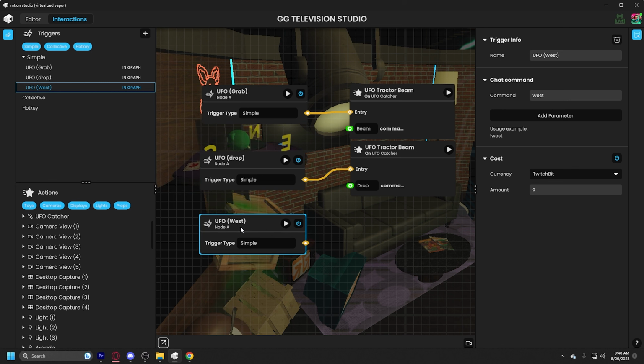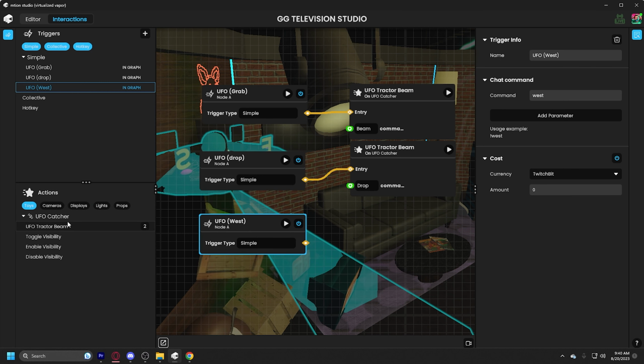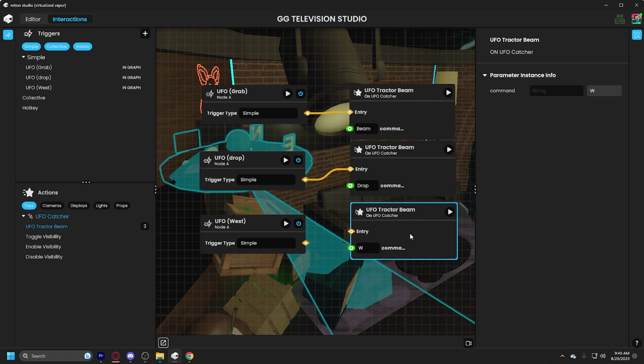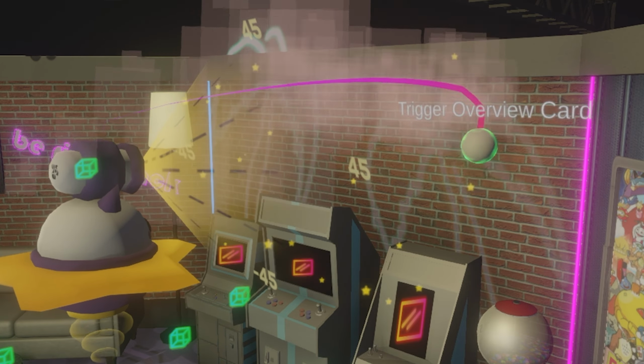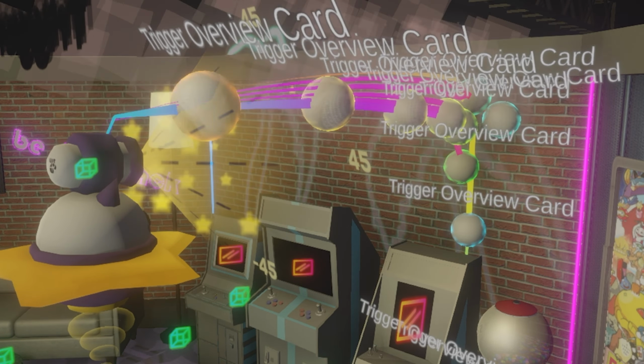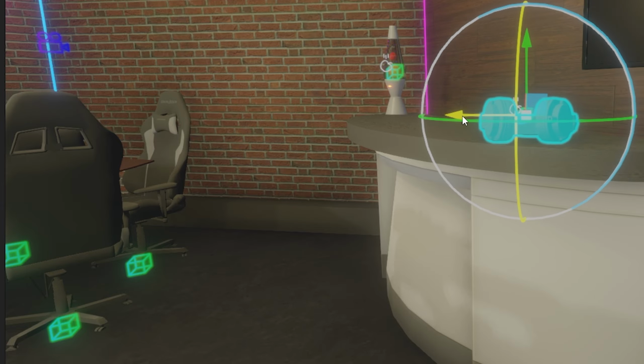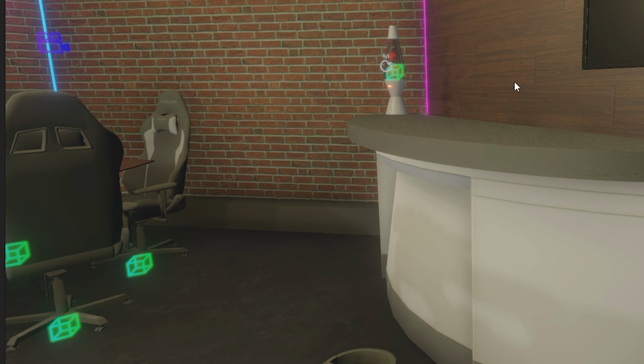There are two main terms in here: triggers and actions. Triggers are used to initiate the action in your clubhouse. They're essentially steps that you or your chat need to perform to set off the action. And actions are events that occur in your clubhouse when a trigger linked to the action is activated by either